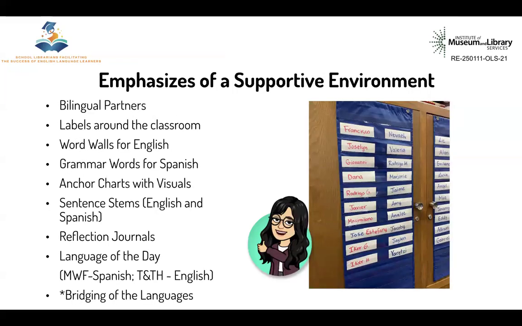So these were some of the things that were emphasized as a supportive environment for students. And I'll go into detail into each one of them and how they worked in the classroom, as me being the key role of facilitating these things in my very own classroom. So, bilingual partners: the picture that you see here is an example of what a bilingual partners chart looked like. So what it was,